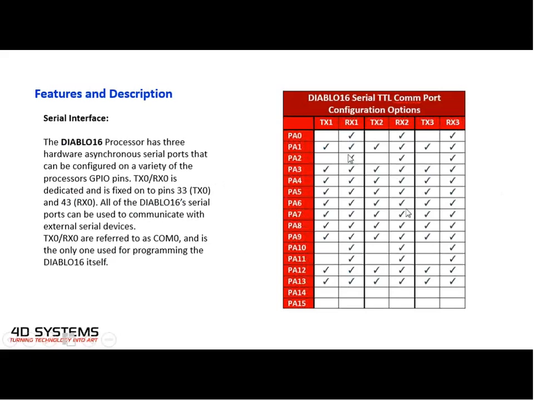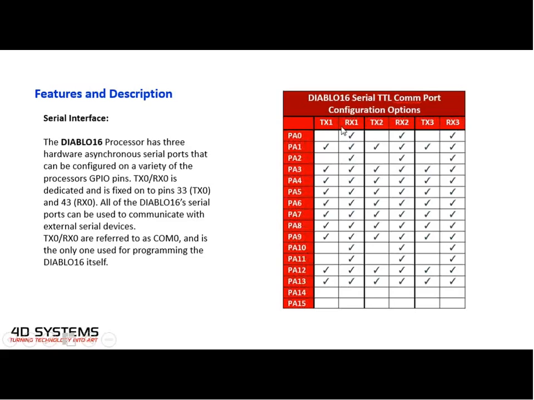These are all configurable and can be mapped to the different GPIOs. TX0 and RX0 are, however, dedicated and fixed to pins 33 and 43, and they are used for programming. They can be used to communicate with other external serial devices as well. But this is fixed, and